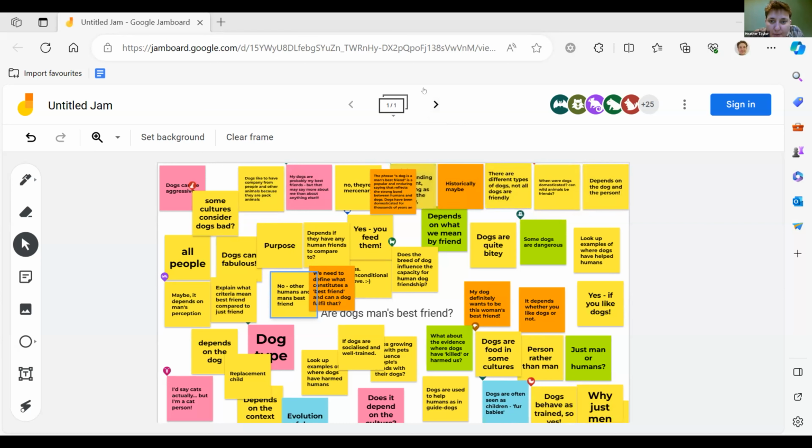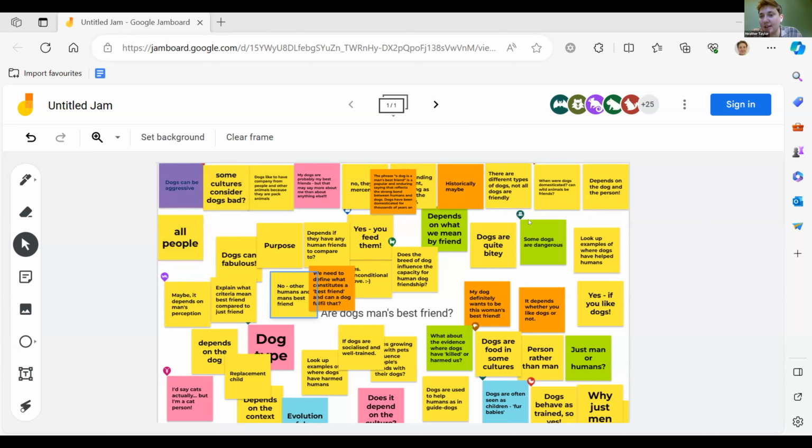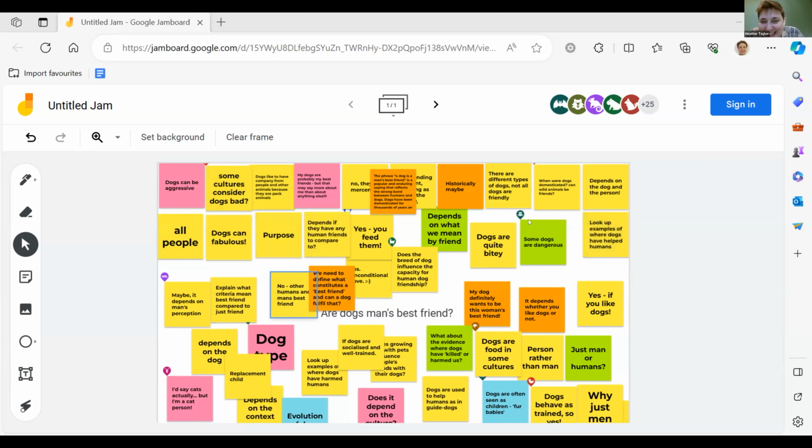So in terms of no, humans are man's best friend. I'm just looking in the chat. Also, the possible bias that may come from being a dog lover or not. Yes, so there's definitely going to be factors involved in the specific individual that are going to sort of dictate whether or not people are going to view dogs as their best friend or not. Dog is a companion rather than a friend, can be fulfilling to look after or growing plants. Good for getting out and about. Yes, very good. So let's have a look for some other ones.